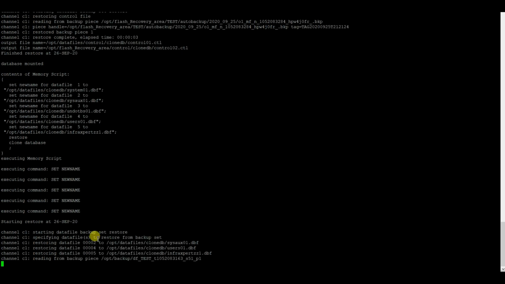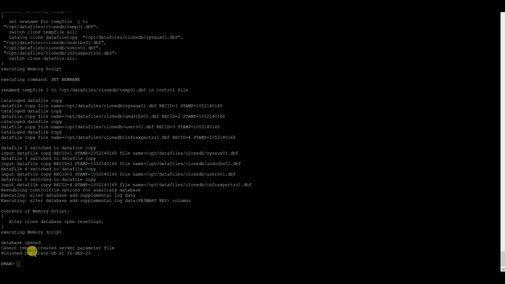Right now it will start. So you can see this, it is setting the new name since my data files were in the opt data files test mount point in my production database. In here it is CloneDB, so it is setting up the new name in here, and it is restoring the data files.